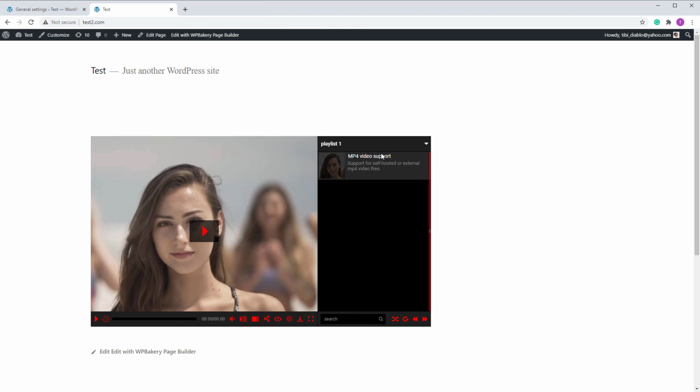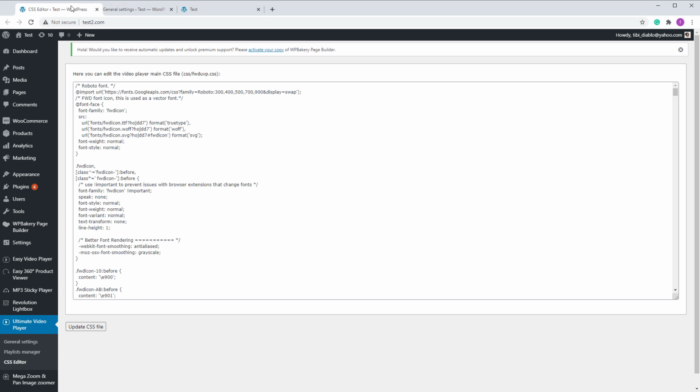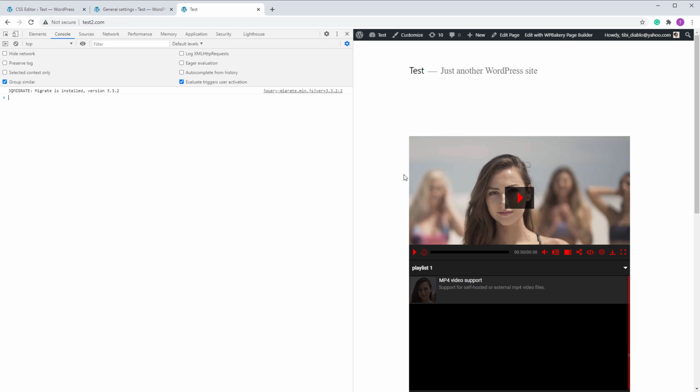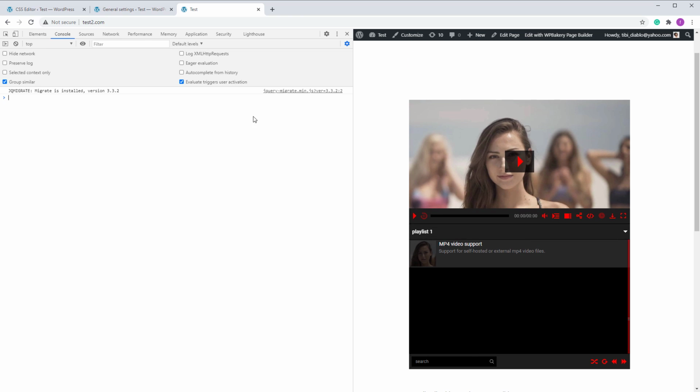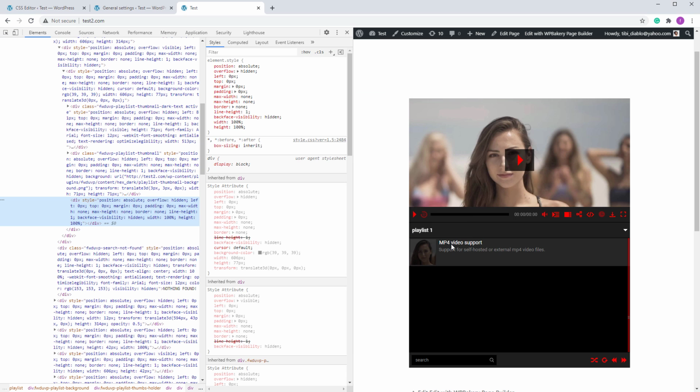Now to update the text, let's say you want this video, the active one, to have it red here. This is done in the CSS settings. Let's open this tab, CSS editor, and of course I don't remember all the classes here because there are a lot of classes, and even though I've developed this player, it's impossible to remember all the classes that I've used. So I will use the page inspector, and I will click on the thumbnail, and I will check here the